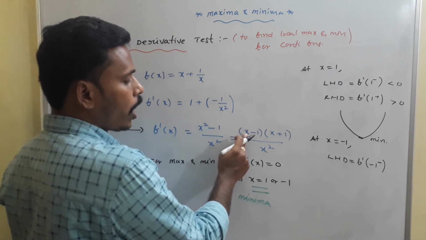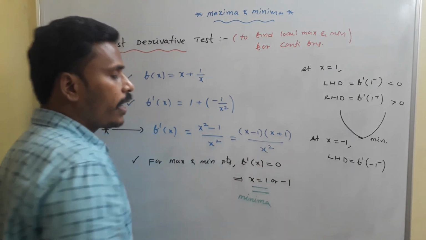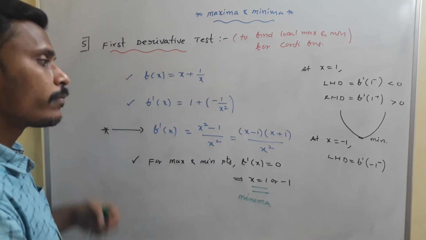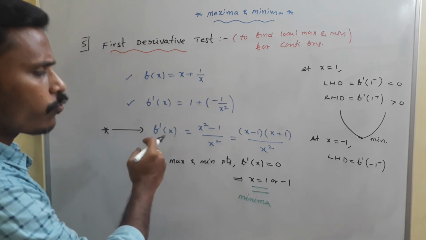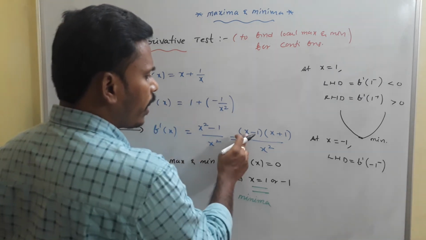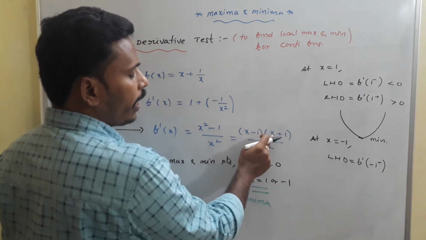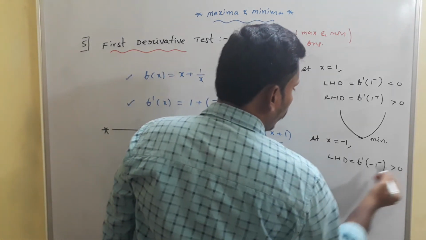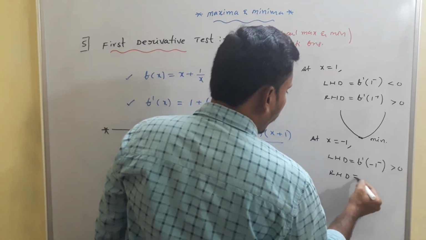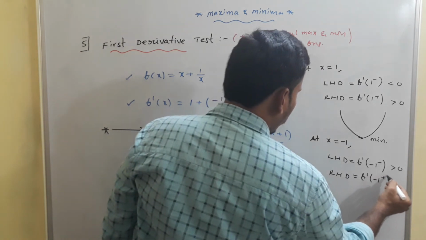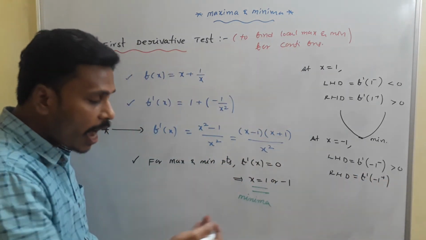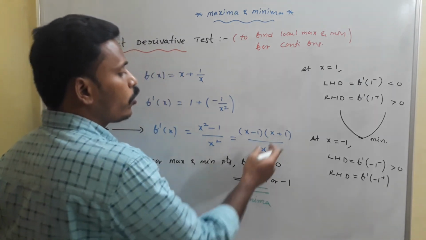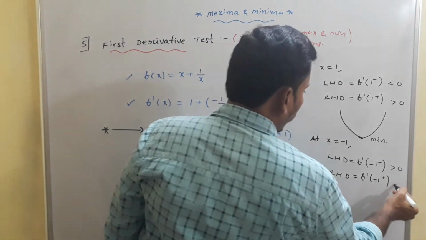And here, the left side of minus 1 we are discussing. As a rough value I am taking minus 1.1. So negative, and minus 1.1 plus 1 is again negative, so the product will become positive. This will become positive. And if you calculate the right hand derivative, f dash of minus 1 plus, a number which is more than minus 1 and nearer to minus 1, as a rough value I am just taking minus 0.9. If I use it here, this is positive, this is negative, so you will get less than 0.